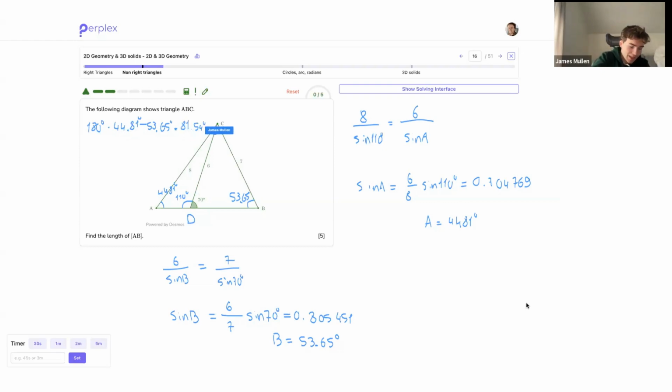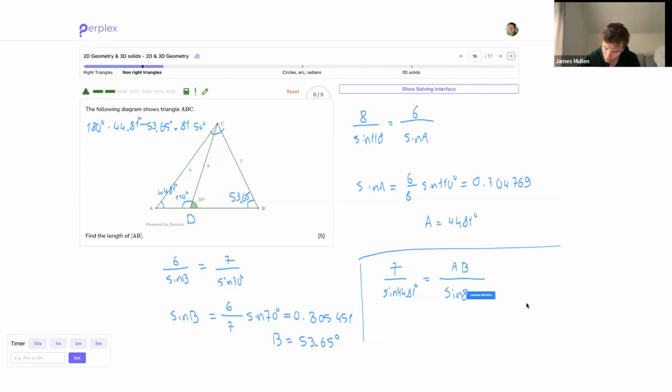Okay? And then I can use the sine rule. That's fine. I'm going to write one more time that 7 over sine of A, so sine of 44.81 degrees, is now going to be equal to AB over sine of the angle I just found there, which is sine of 81.54 degrees. And so AB